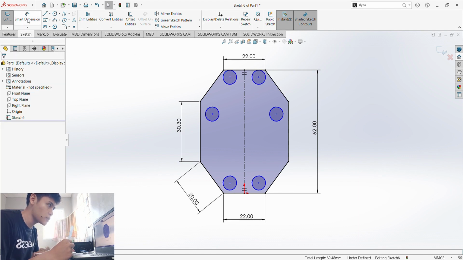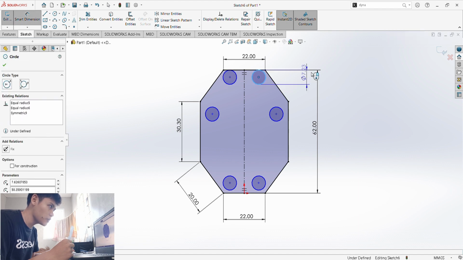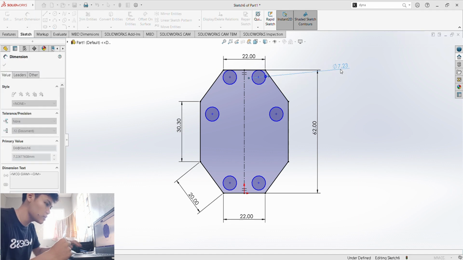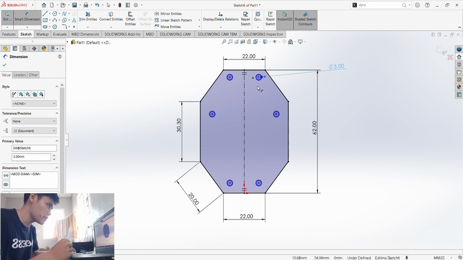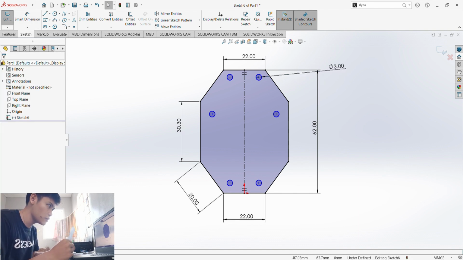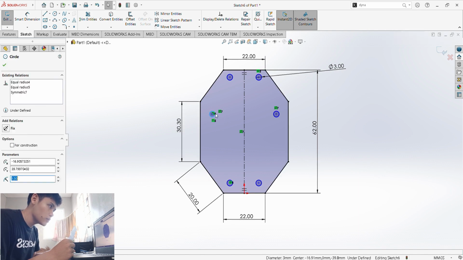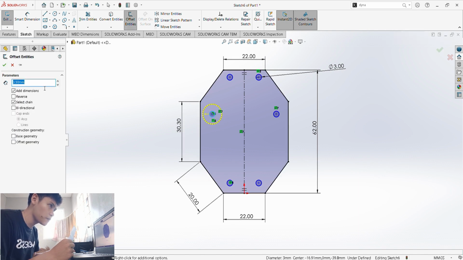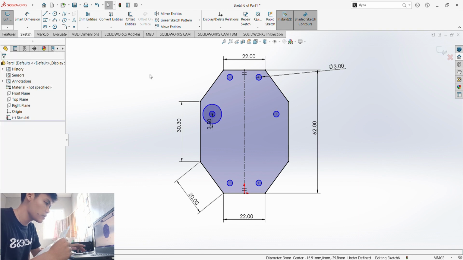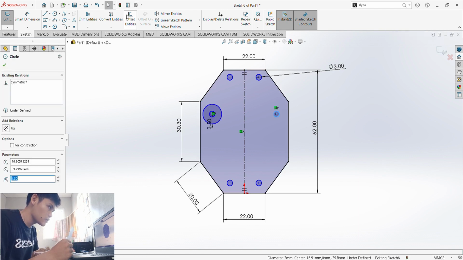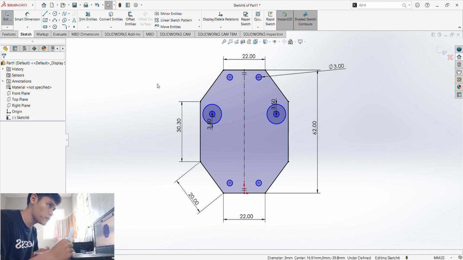So next, let's press check, let's press dimension, and let's make this 3 in diameter. There you go. And let's just press check. Let's use offset right here, which we need 3.50 millimeters. Same with this one, 3.50 millimeters.